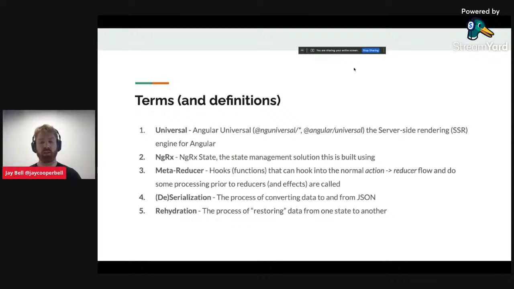Now, SSR, server-side rendering, is different than pre-rendering. We're not talking about pre-rendering here at all. We're just talking about server-side rendering. NGRX, I'm going to refer to NGRX, but what I'm actually talking about is NGRX state. NGRX is kind of the all-encompassing reactive library for applications. State is specifically what we're going to be talking about, which is the state management solution